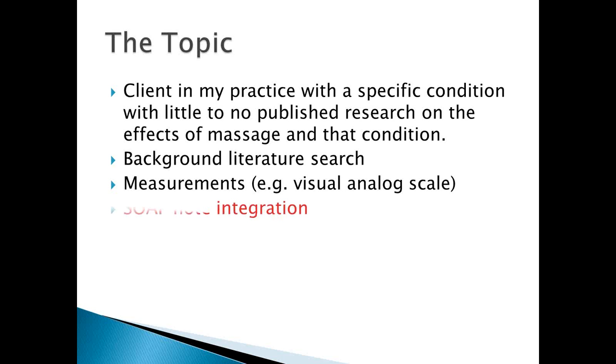This next one is getting a wee star next to the big red letters, right? Incorporating those measurements and putting them into my SOAP notes was actually quite important. And here's something else that I had to do. I had to completely redo my whole way of doing SOAP notes.